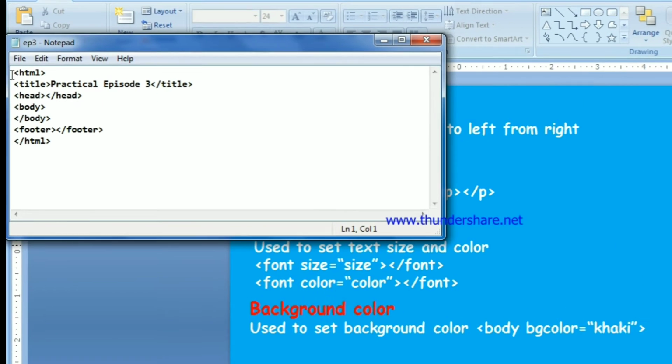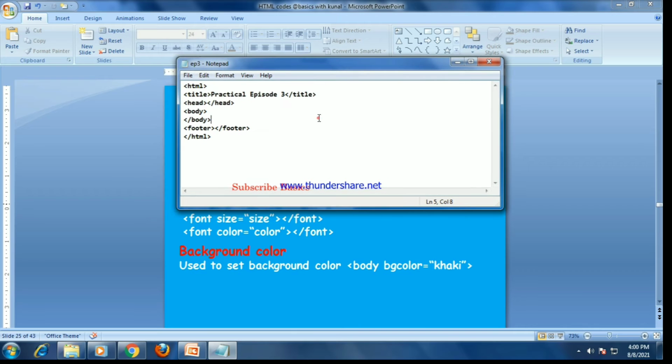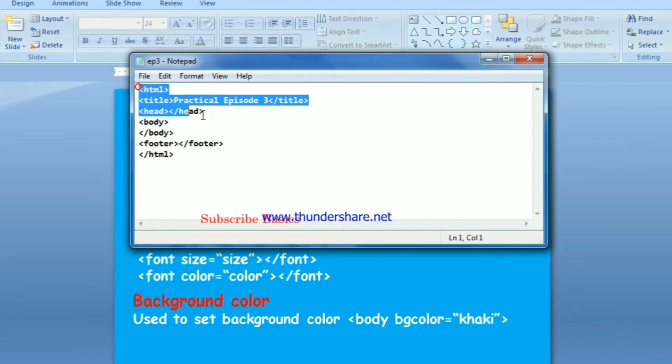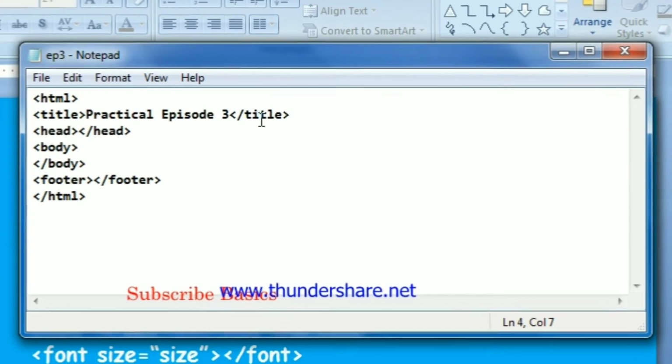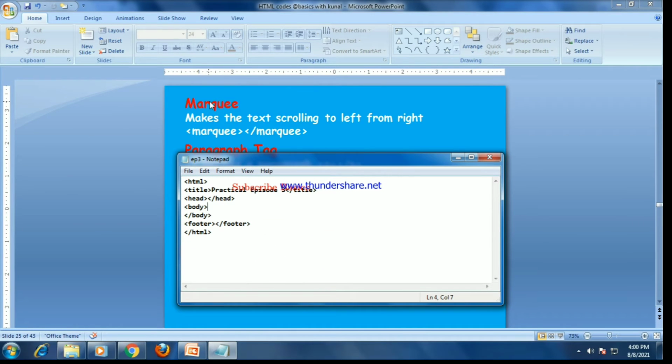So now you can see I have opened my notepad. Here I have written the main format, and I have told it to you in episode 1. I have saved this by the name ep3 with the extension .html, then written the main code format.